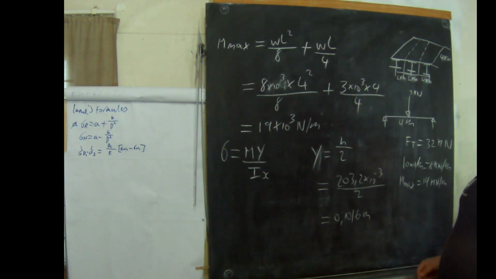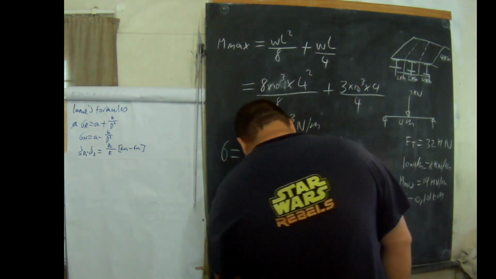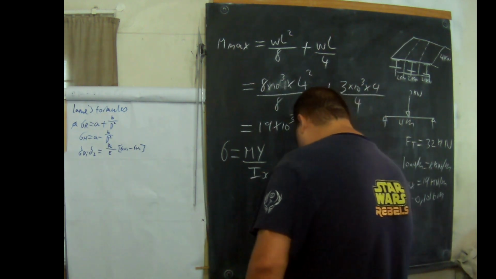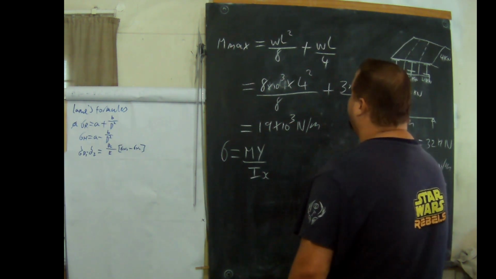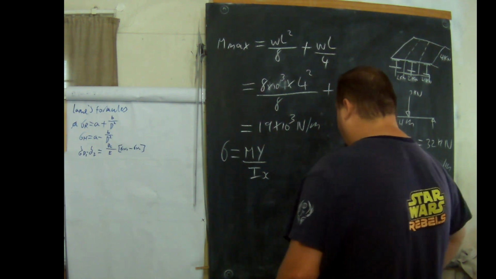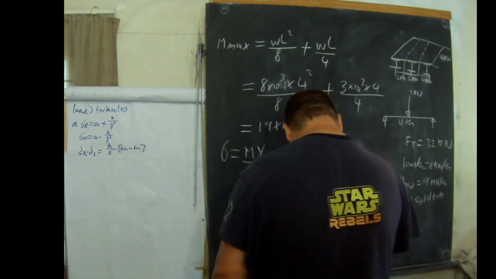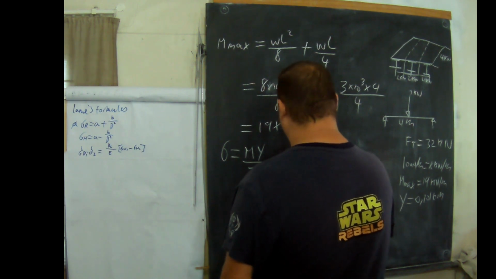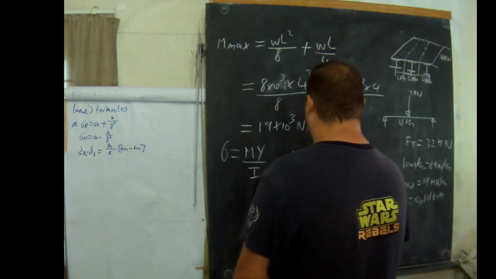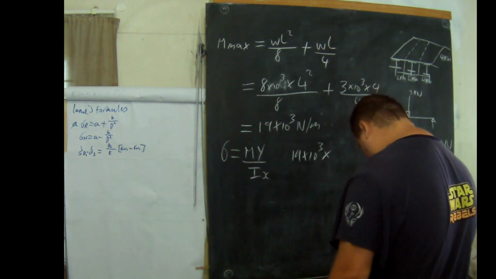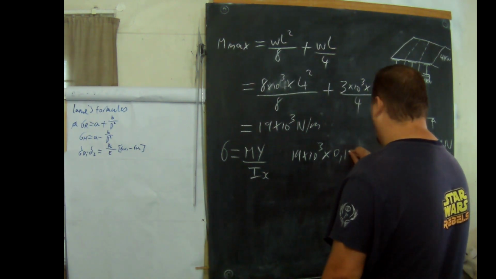Okay, so y is equal to 0,1016 meters. So what we have to do now is, now that we've done that, we have M, we have y, now what we're going to do is get sigma. So we're going to do 19 times 10 to the 3 multiplied by y, which is 0,1016